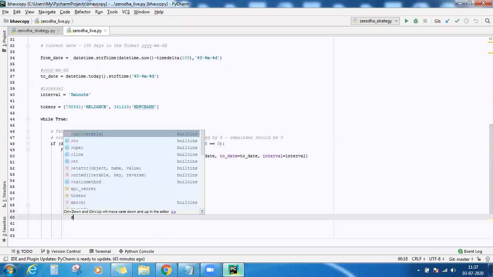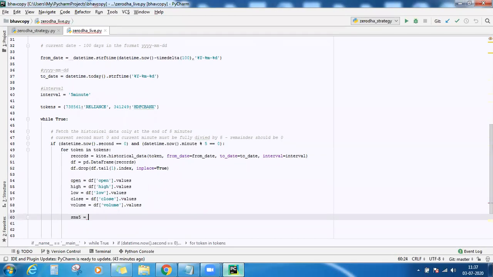So first is SMA5. I want to calculate SMA5 and, if we recall, Talib returns a NumPy array. So it will calculate the simple moving average for the whole 100 days at 5-minute interval. And we just need the last value because I want to check if a crossover happened or not. So if SMA5 crossed over SMA20, how can I calculate it? I just need the SMA value of the last candle, which is the 11:30 candle.